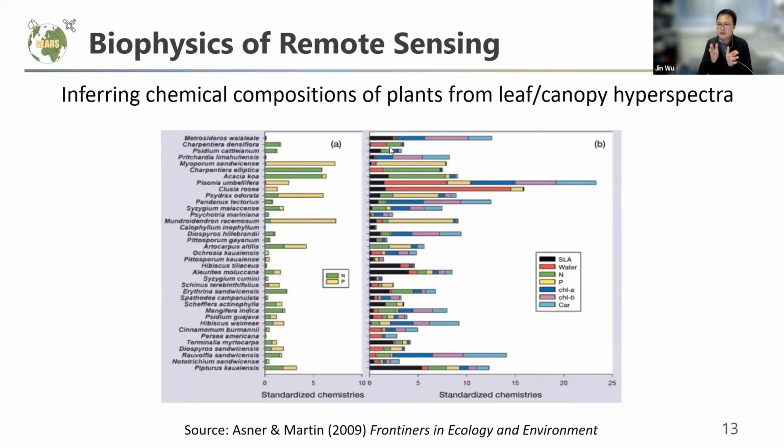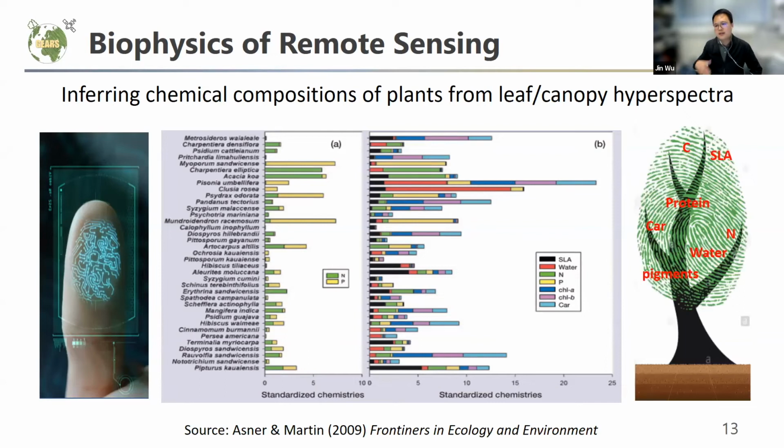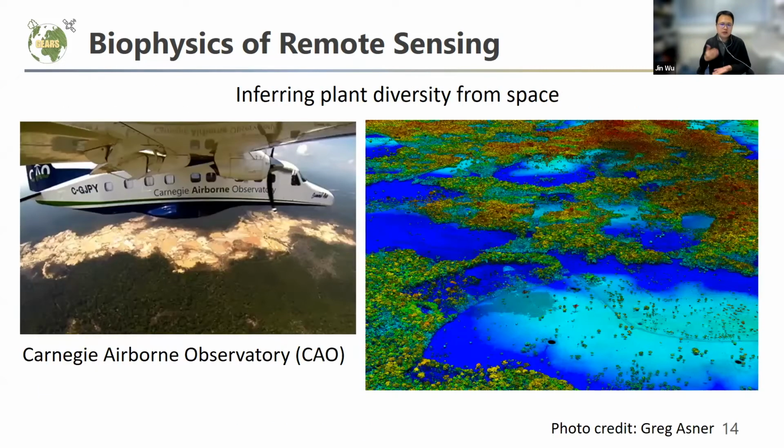We can see that if we look at the plants in a chemical way, different plants not only vary in their chemical concentrations, but the relative composition also varies significantly from one species to another. This means that just as every human being has a quite unique fingerprint, which we can use to differentiate one person from another, if we see plants in a chemical way, each plant also has a quite unique chemical fingerprint. And if hyperspectral remote sensing has the potential to characterize plants in a chemical way, that also means we can potentially differentiate them from one another from space.